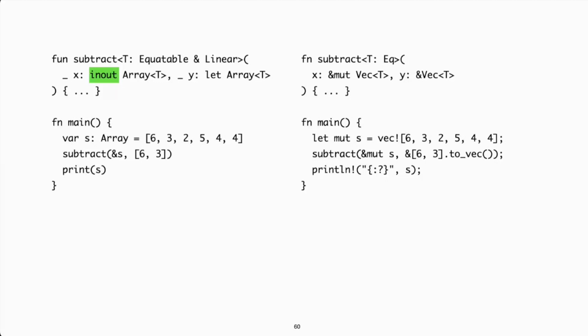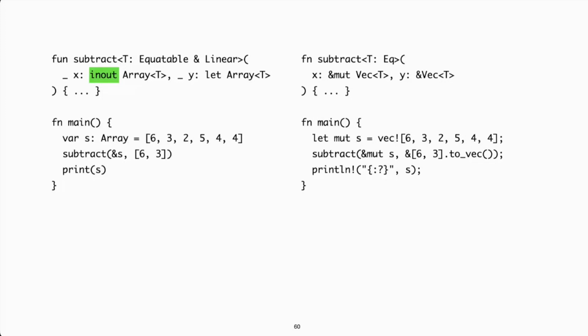So the moral equivalent of an in-out parameter is a mutable borrow in Rust, and it has the same guarantees. But again, it doesn't have a distinct type. From the perspective of the programmer writing the subtract method, x is just an array of int. It's not a reference or pointer or anything like that. And another difference is that the callee is free to do whatever it wants with the in-out parameter, as long as it puts a value back into the parameter before the end of the callee.